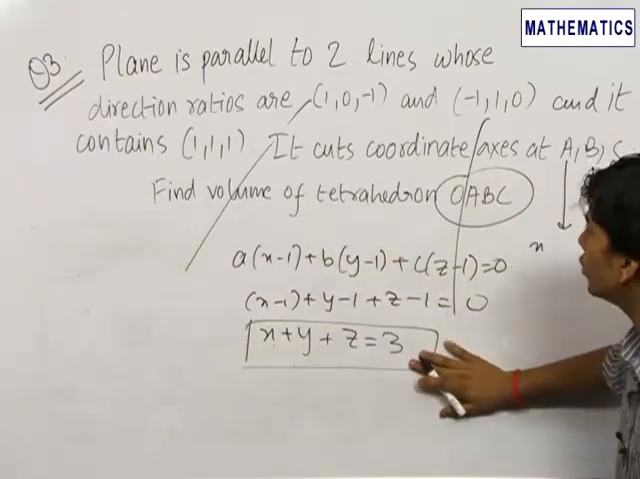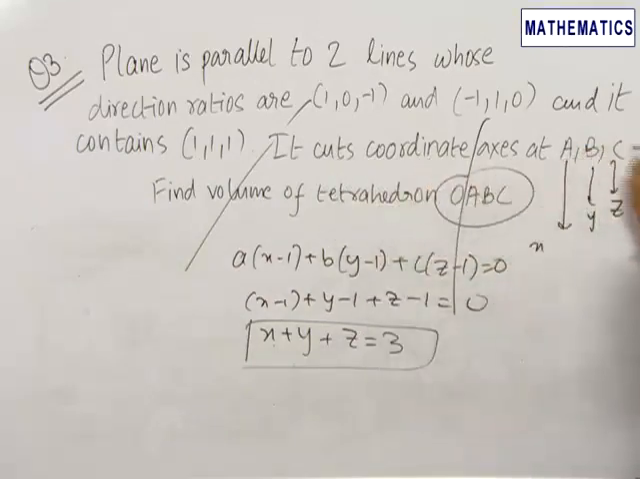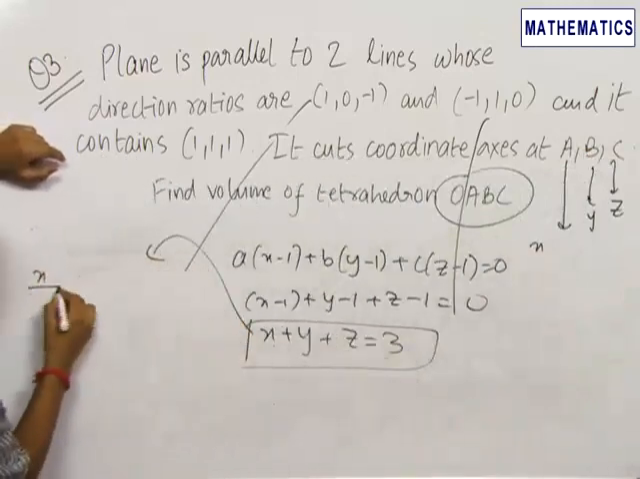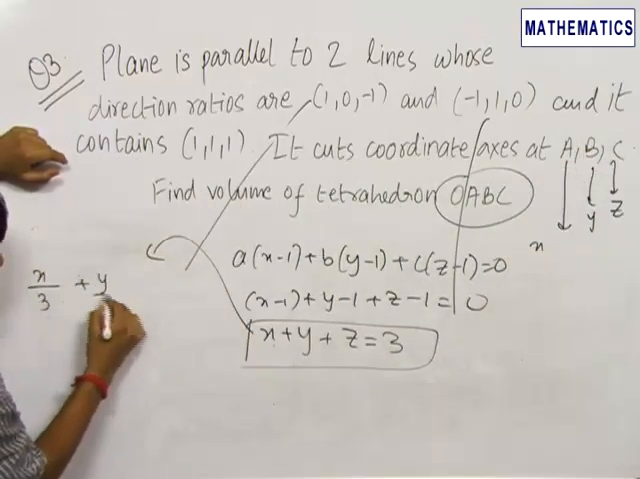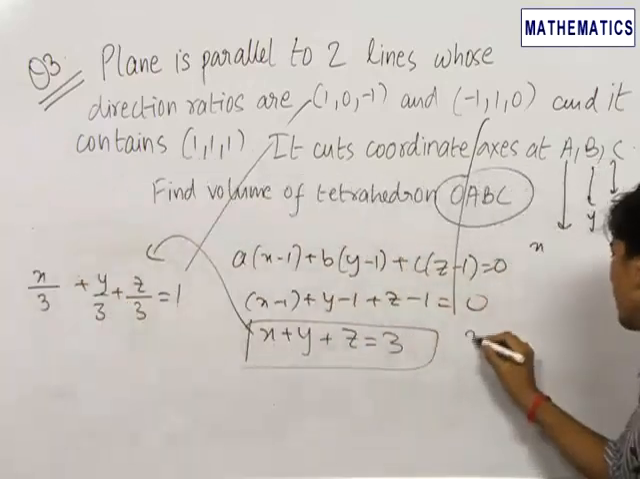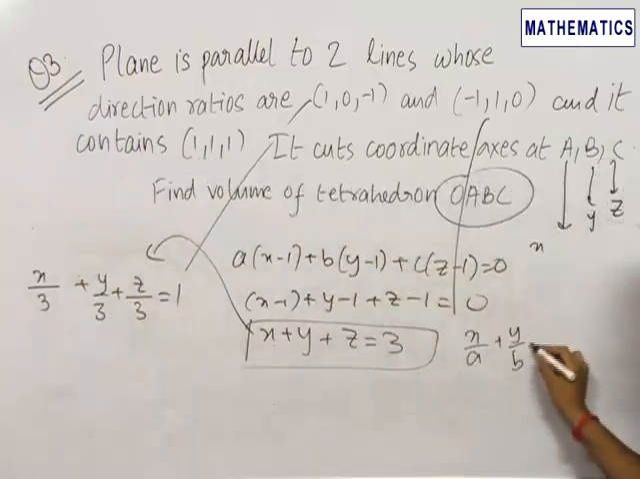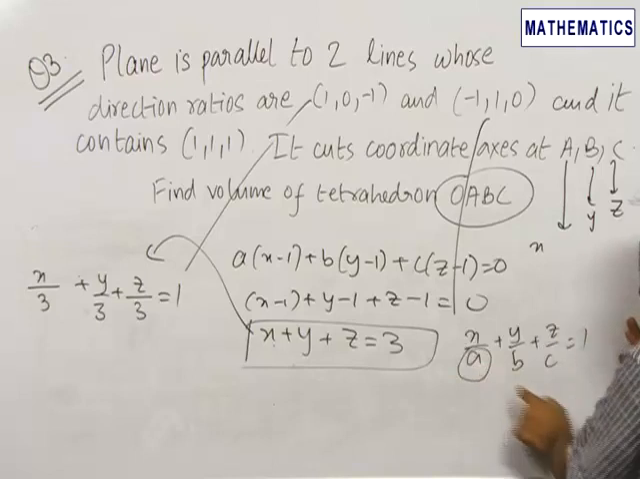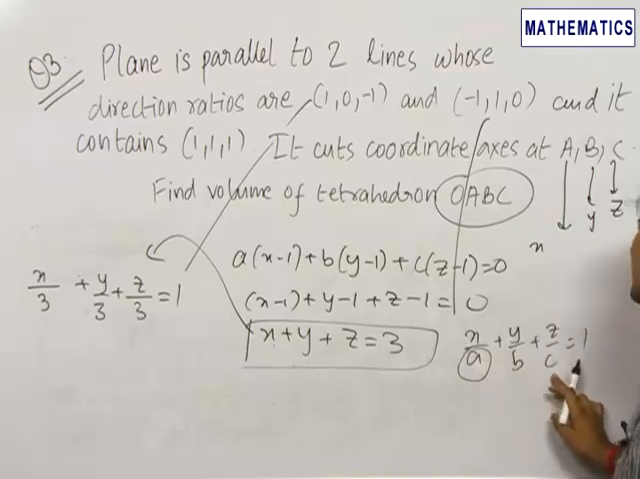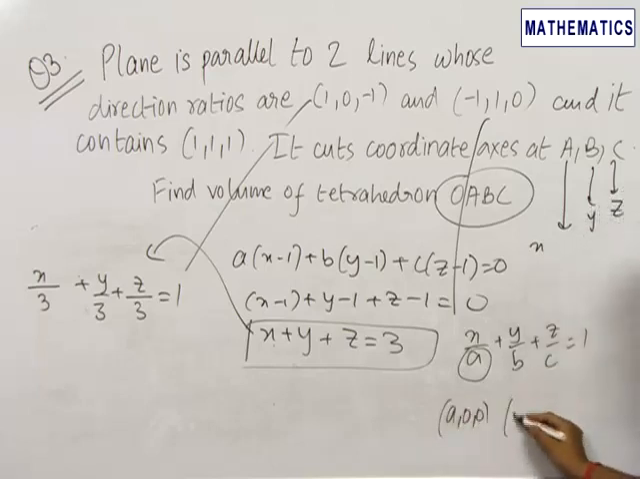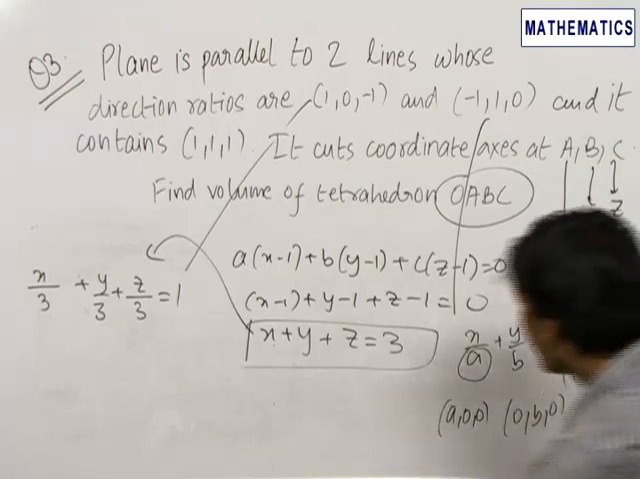Now we need to find the points where it cuts the coordinate axes, that is A, B and C. Remember this trick: write this equation as x upon 3 plus y upon 3 plus z upon 3 equal to 1. Whenever you write the equation in the format x upon a plus y upon b plus z upon c equal to 1, then it cuts the x-axis at (a, 0, 0), the y-axis at (0, b, 0), and the z-axis at (0, 0, c). So by applying the same logic over here,